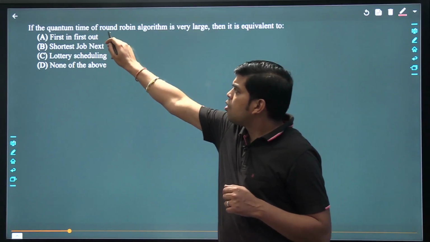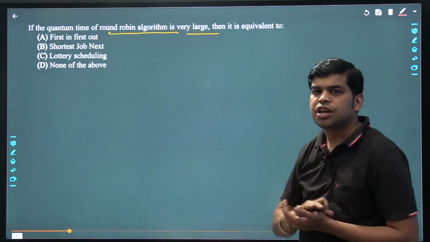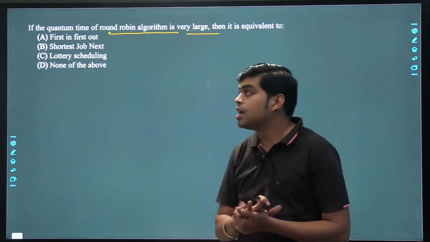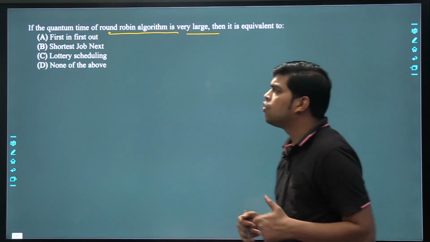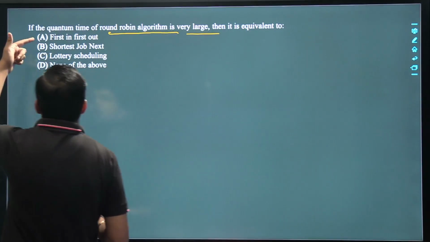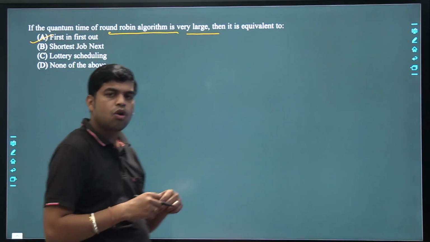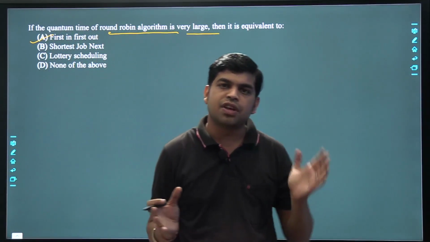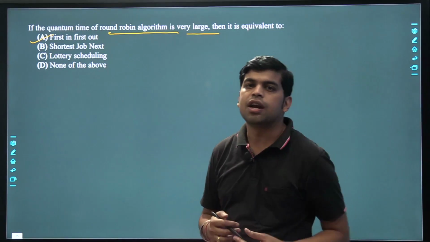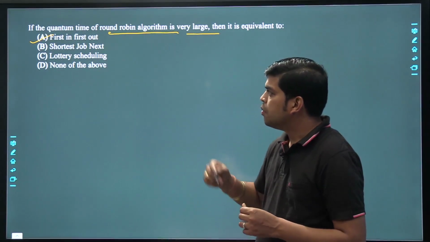If the time quantum of the round robin algorithm is very large, if we increase the time quantum very much, then it is equivalent to which one of the following? First in first out. So definitely, as we already discussed in the concept, when we increase the time slice very much, round robin is exactly equivalent to first come first serve, because the process arrives in